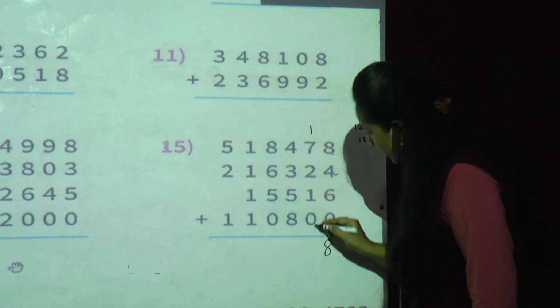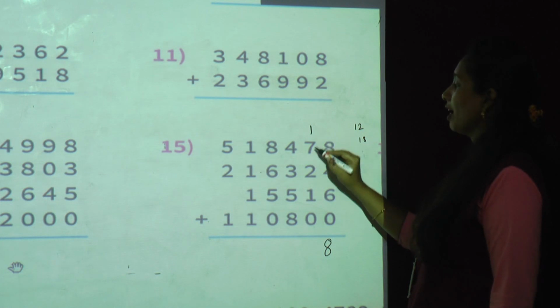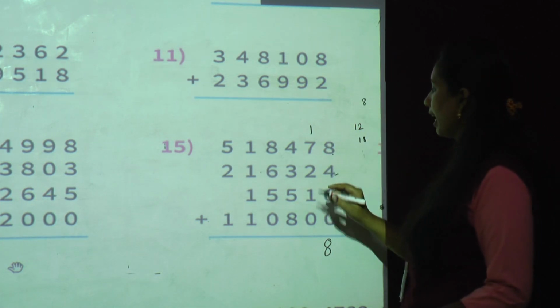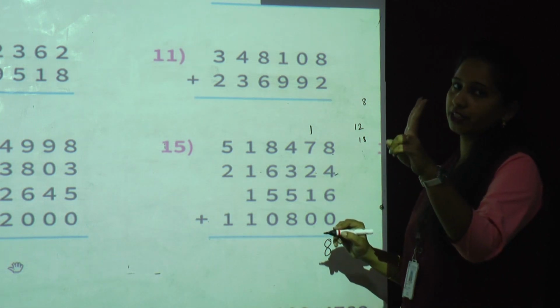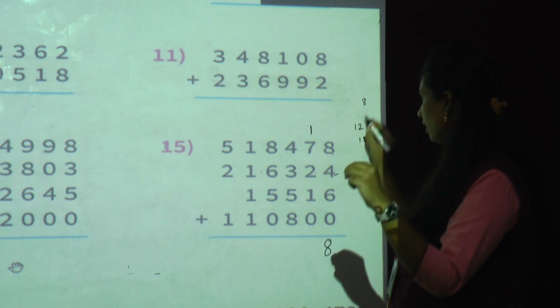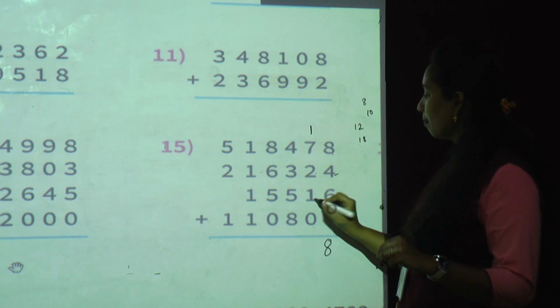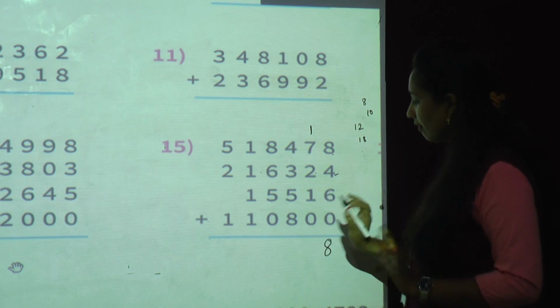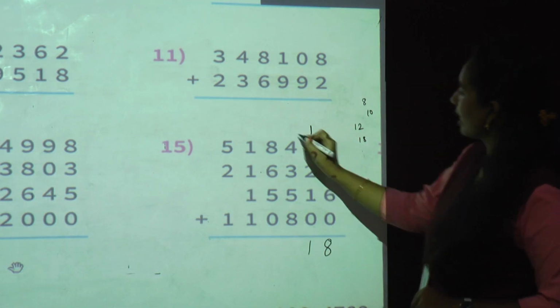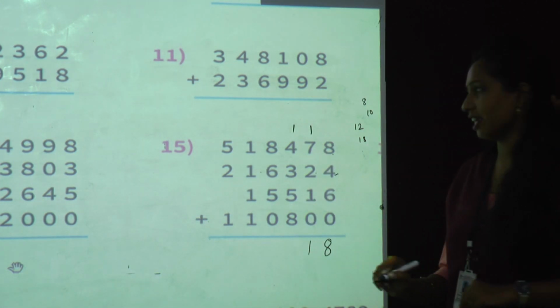Now we will add these 5 numbers. 1 plus 7, very easy, 8. Okay, write somewhere 8. Now 8 after 2 fingers, 9, 10. Okay, write somewhere. Now 10 plus 1, 11. 11 plus 0, 11 as it is. So 1 on 10's place, 1 will carry to 100's place.